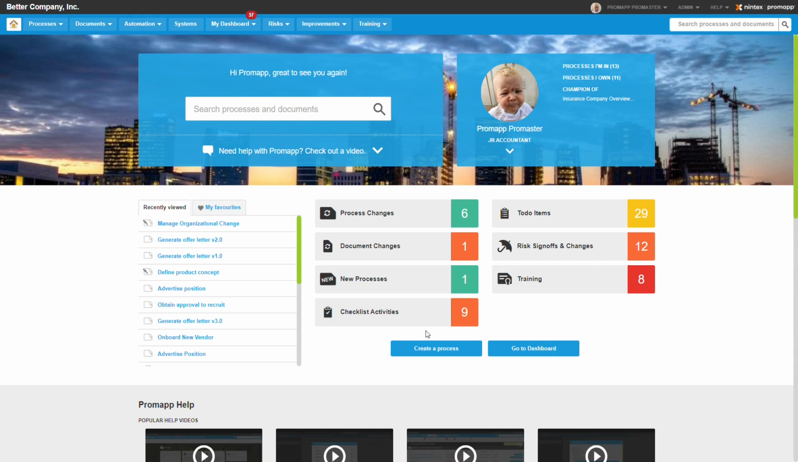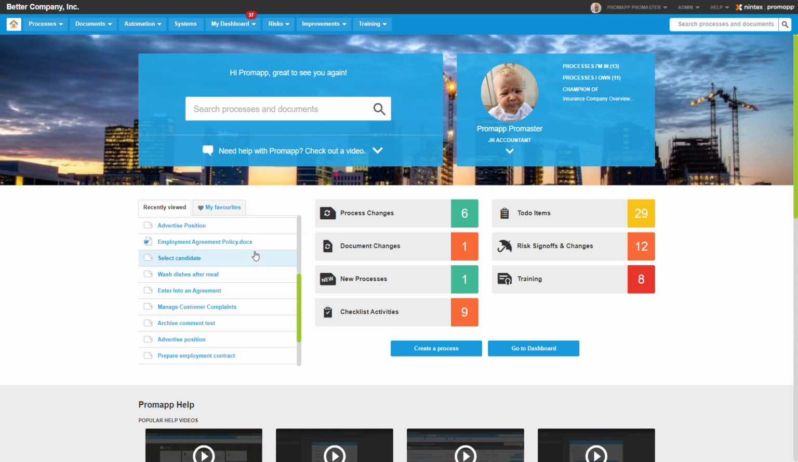I can see all of my personalized notifications, things related to process changes, document changes, or new processes that have been added that impact my role. I can also see my process and document browsing history and favorite processes or documents and pin them to my home page. Outside of these access points, there are two main ways that users will consume process content in Promapp,